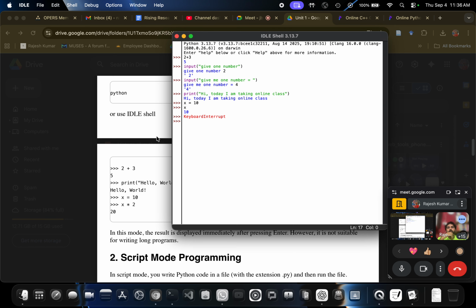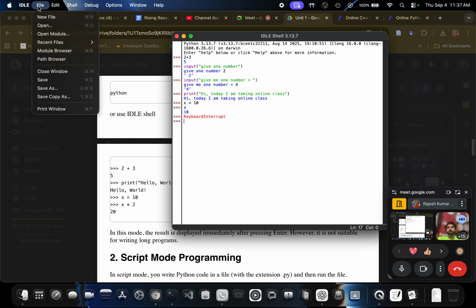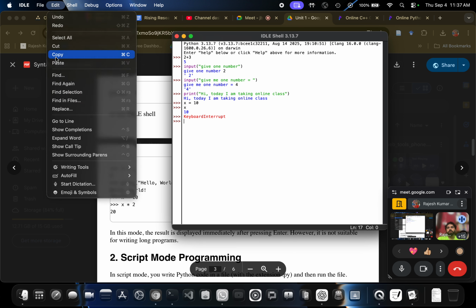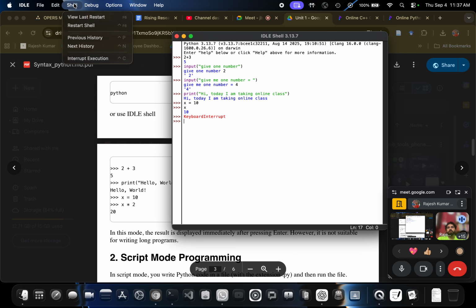Okay. Now, before going to script mode, I wanted to show you something about the IDLE shell. In your window, you might see some options like File, Edit, Shell, Debug, Options, Window. If you click on File, you can see the different options for this IDLE shell. Then you have Shell, Restart Shell.